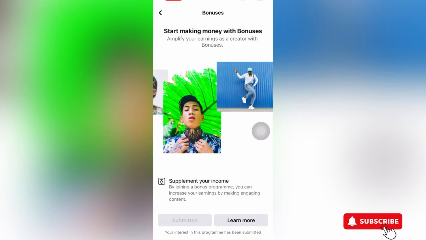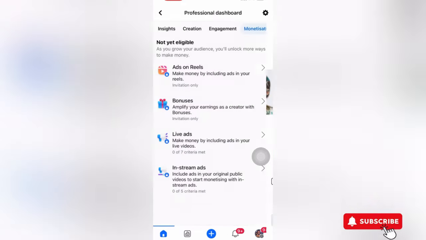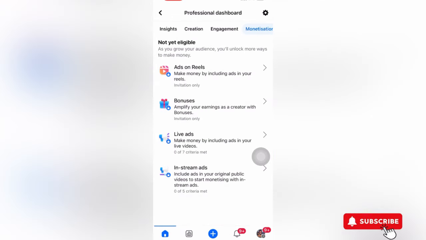And the second one is what? Amplify your content. So this one, the more your content gets engagement, the more you'll be getting money. So if you click on it, then you come to submitted, and it submits for you to be what? Monetized on Facebook. Yeah. And live ads, this one, they have